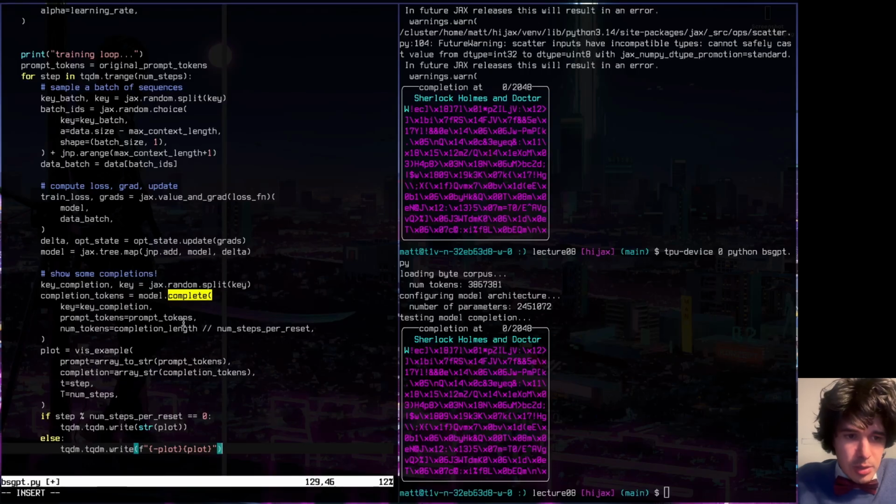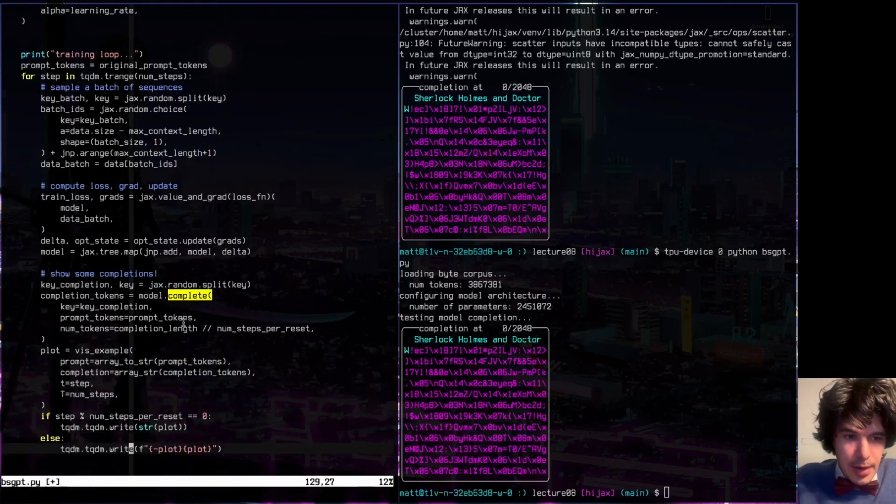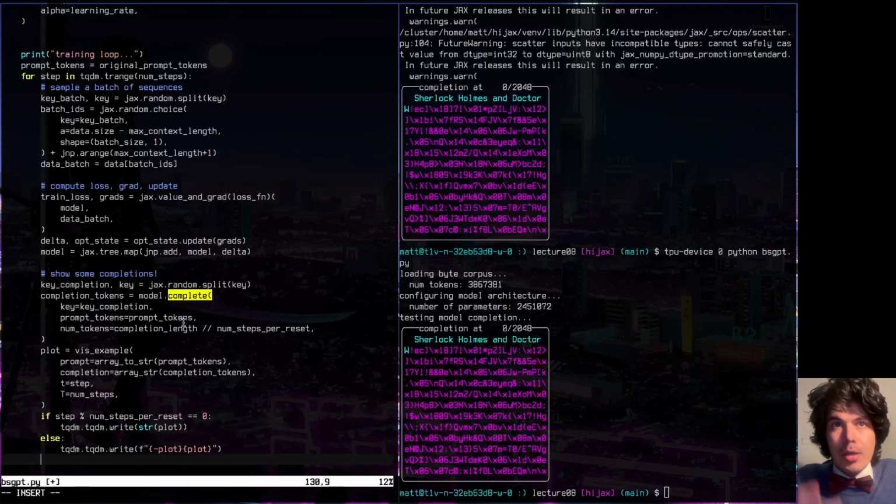That should work. So this code here basically prints the plot, and now I want to make sure that I'm tracking my ongoing prompt that I'm building piece by piece. And I want to periodically reset that. So in the normal case, I'm going to take the completion tokens and add them to the prompt tokens. I'll be able to do that with jnp.concatenate